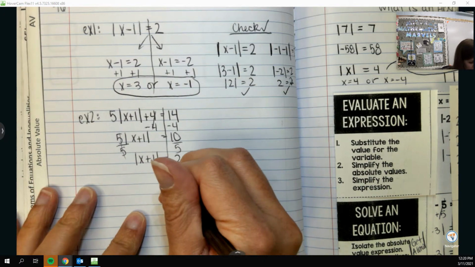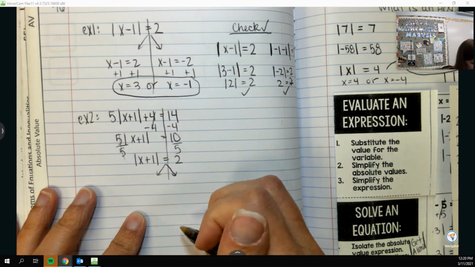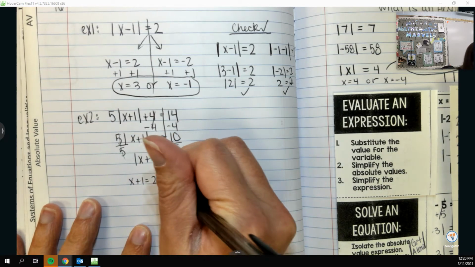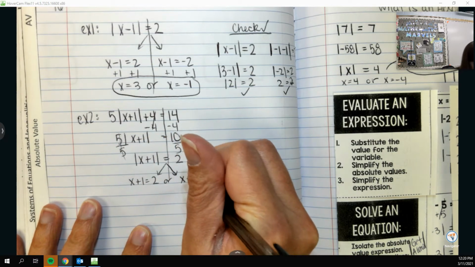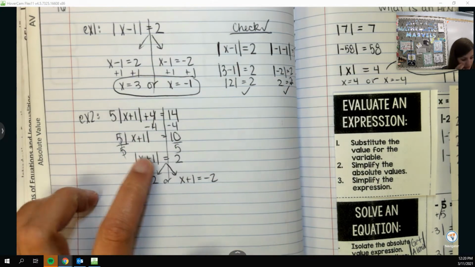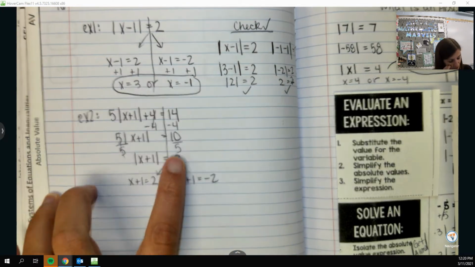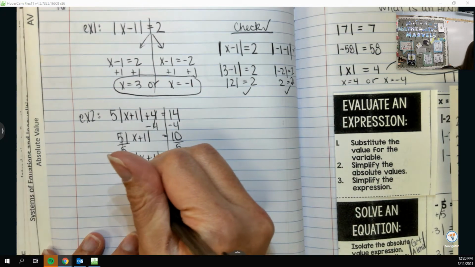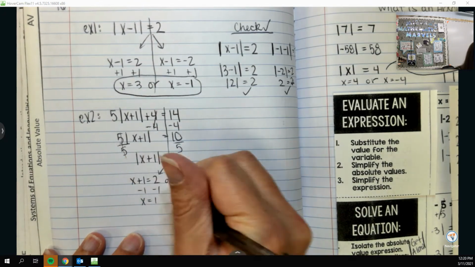And so once my bars are alone, I make my two equations. Okay, so we get x plus 1 equals 2 or x plus 1 equals -2. We always keep the inside the same, change the outside number. Okay. All righty, so subtract 1 and we get that x is 1 or